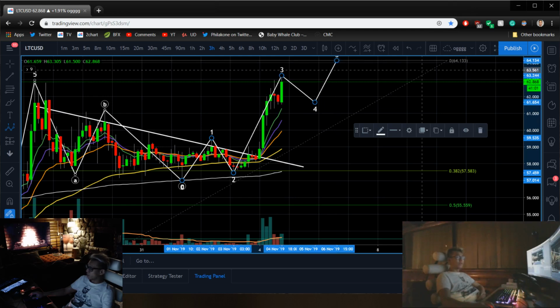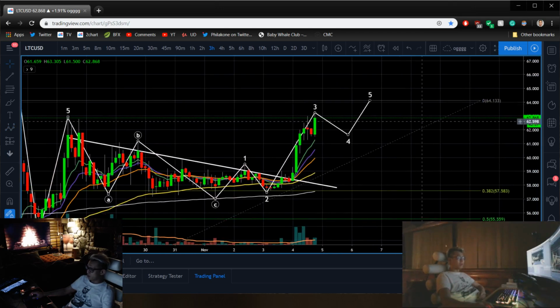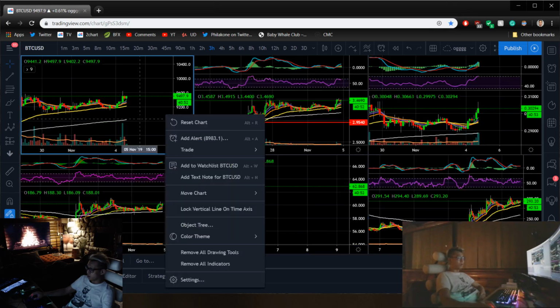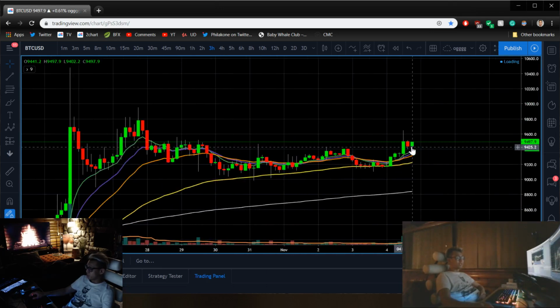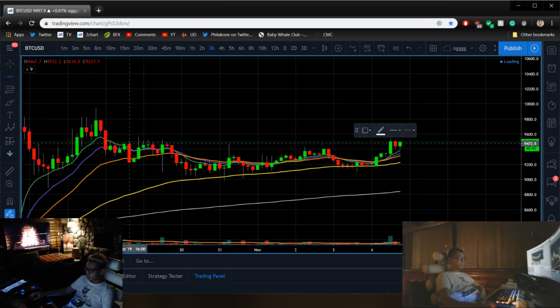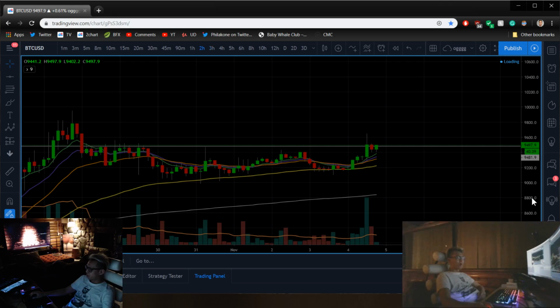What that means is that if Litecoin ended up doing something like that already, then there's a high chance that Bitcoin could be following suit as well. So we notice that Bitcoin right now is actually making a break for it already. It's trying to break above the 9400 region. And this is a very strong contending resistance right now. Every time we get to this specific region where